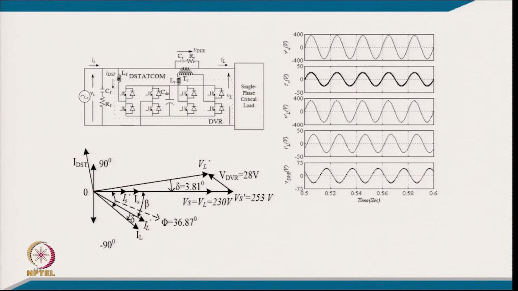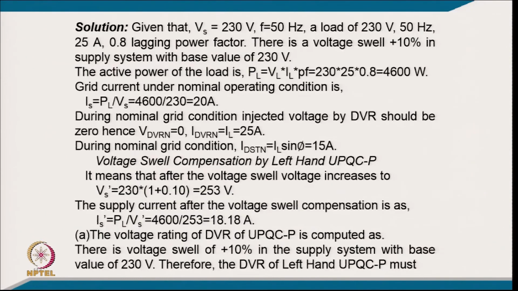Yeah, it is a left hand UPQC. So, D-STATCOM is put on the grid side and your DVR is put on the load side, and this is typically the phasor diagram referring to this condition, and this is typically the waveform after getting the complete model and solving that. So, coming to the numerical portion of it, given that Vs equal to 230 volt, 50 hertz,